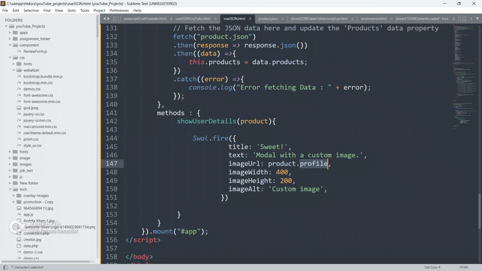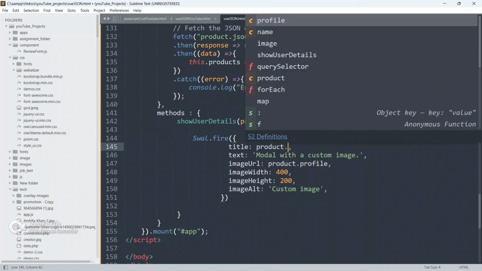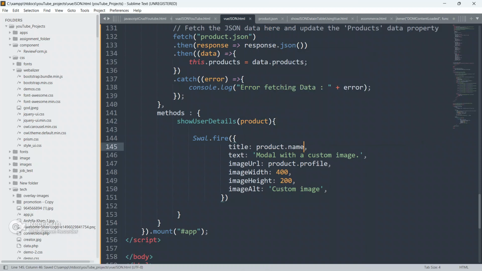Now we have to go to the code editor again. I will give the title as product.name.